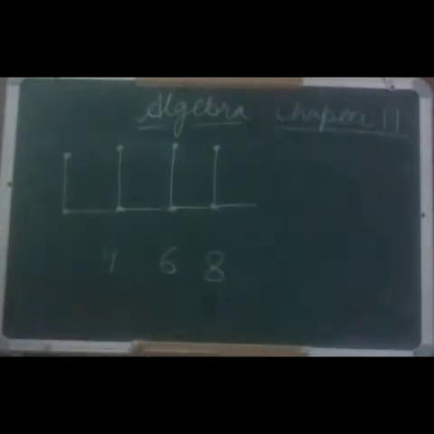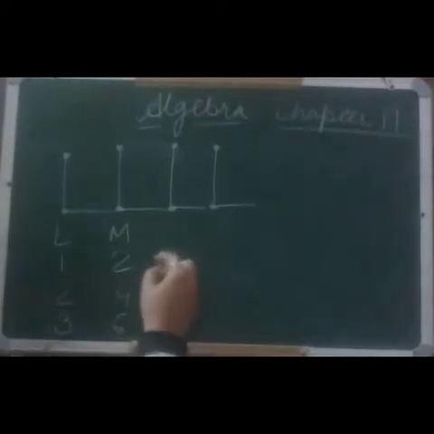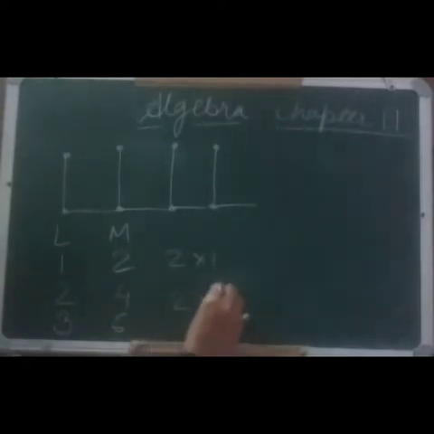If we see this, we come to know that if we have one L, we are using 2 matchsticks. We have 2L, we are using 4 matchsticks. 3L, we are using 6 matchsticks. Like this, it can be written as 2 into 2, and 2 into 3.